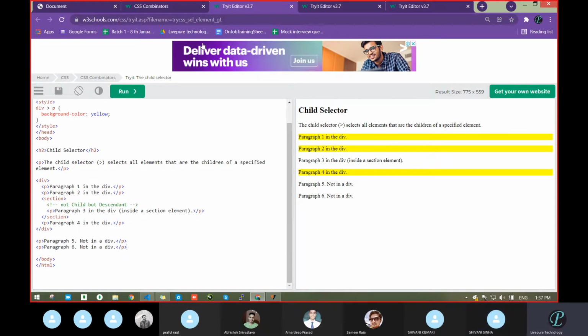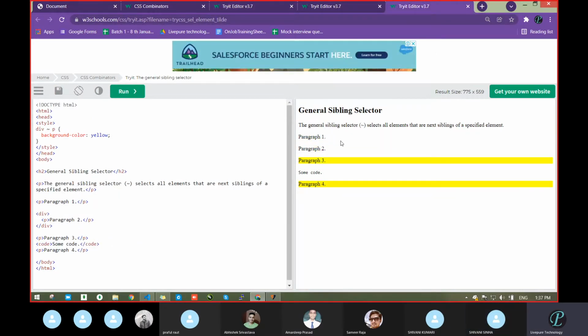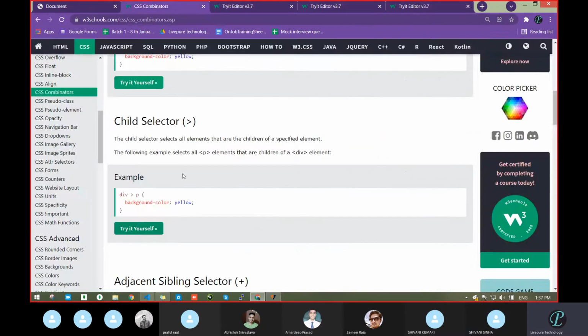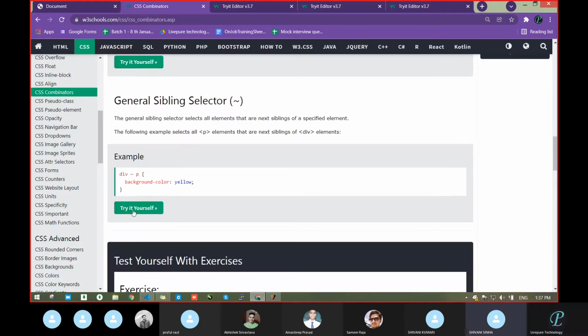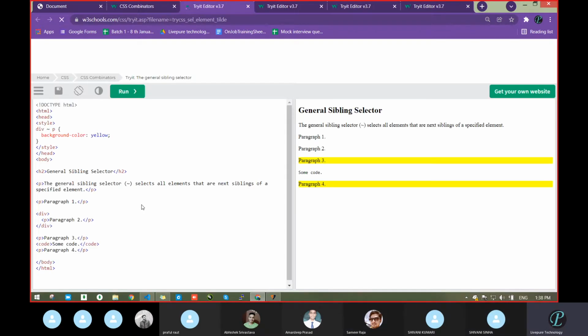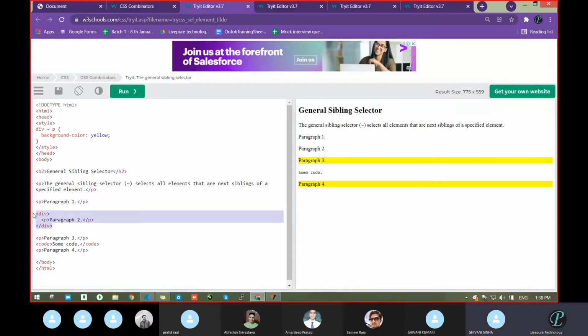It will consider them outside. See, this is the div, paragraph second, it will ignore that, paragraph 3 and 5, 4, but outside, not only immediate. It considers all.